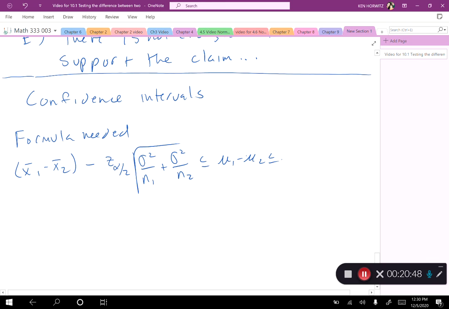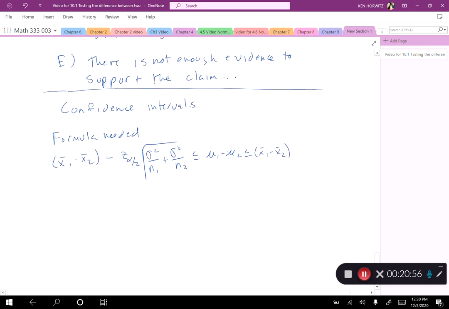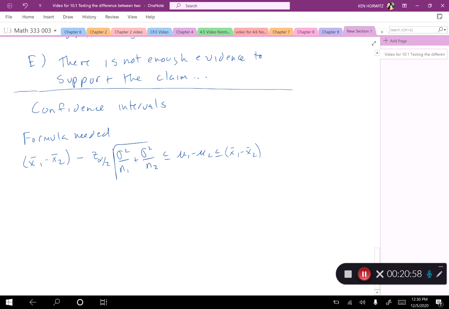And then the same thing on the other side. We have x bar 1 minus x bar 2. Make it a little smaller. That way I can fit everything in. Z alpha divided by 2 times the square root of our variance divided by n1 plus our variance divided by n2. All right, so